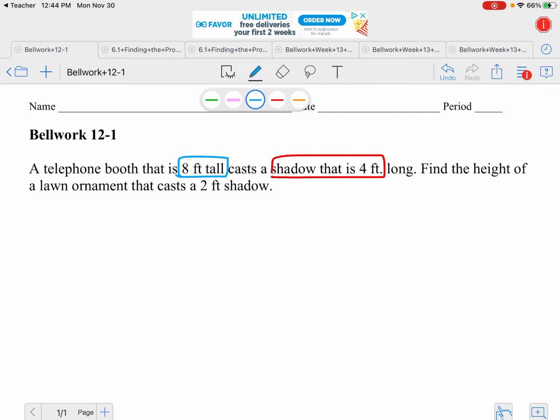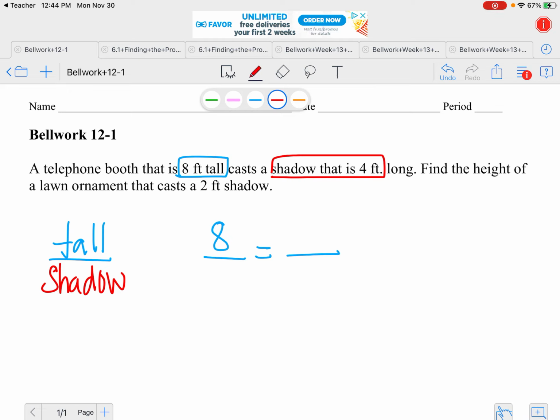So I'm going to construct my proportion, and I'm going to put how tall the object is on top, and then I'm going to put its shadow on bottom. So that way, when I set up each one of my fractions for the two proportions, I know the shadow needs to go on bottom. 8 foot goes on top for the telephone booth, and then 4 feet goes on bottom for the shadow. So this is my,